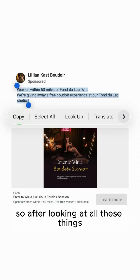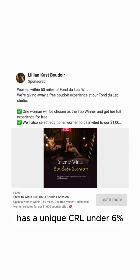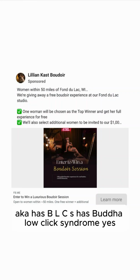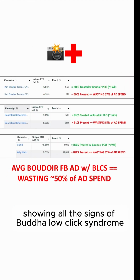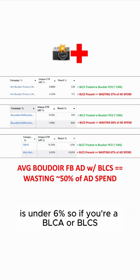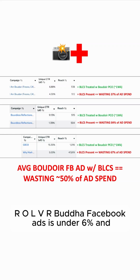So after looking at all these things, I believe this Boudoir Facebook ad has a unique CTR under 6%, aka has BLCS, has Boudoir low click syndrome. Yes, I do. I believe this is showing all the signs of Boudoir low click syndrome. So if you're a BLCA with BLCS, a Boudoir low click advertiser with Boudoir low click syndrome, the unique CTR of your Boudoir Facebook ads is under 6%,